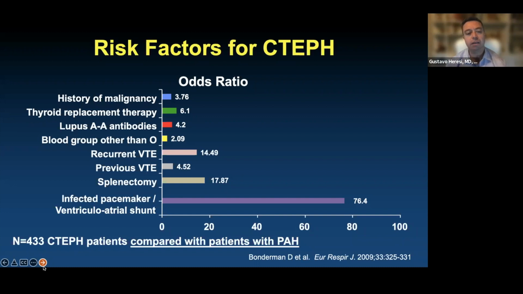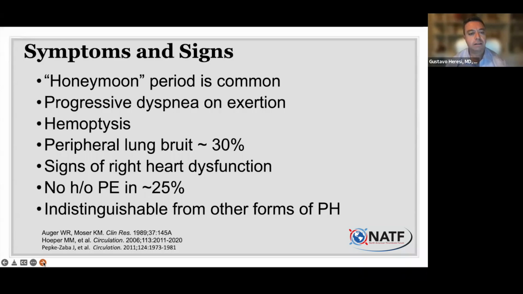That's the one that when we test for these conditions, we tend to find. But the vast majority of folks, when we test for conditions that predispose to clot, they actually don't have it, and this is really not a surprise. But so how do we see people presenting with this condition?